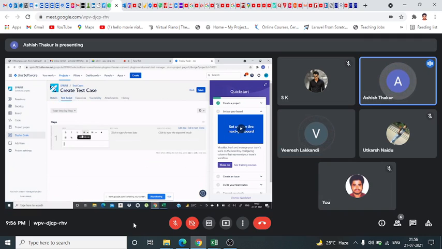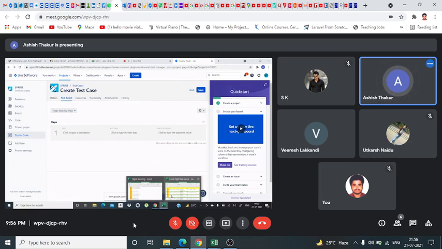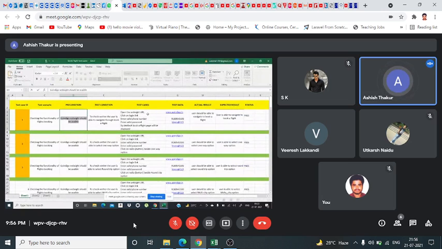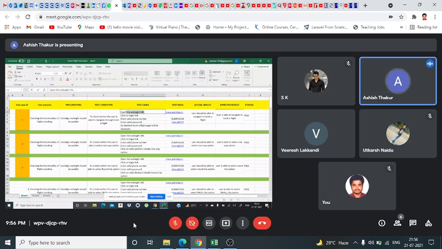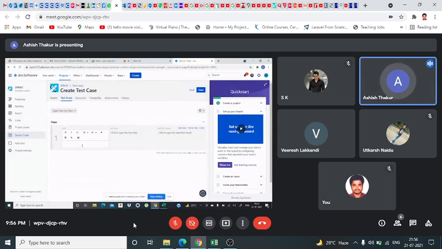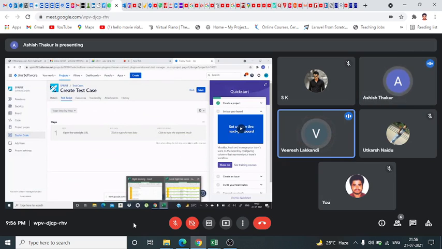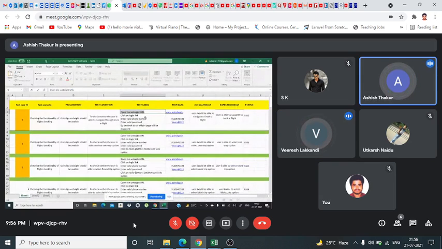Here you will write all the test case steps. These are the steps. First, test one, then second one. So you just click on the offset, open the website URL. It will take time because it's very time-consuming. Yeah, because you have to do it separately, like copying the second one.